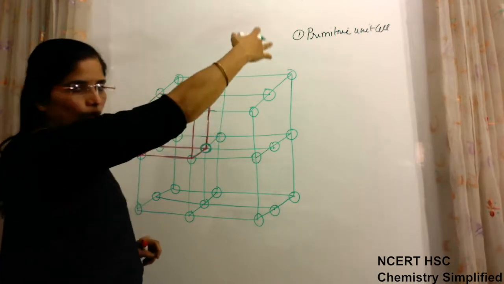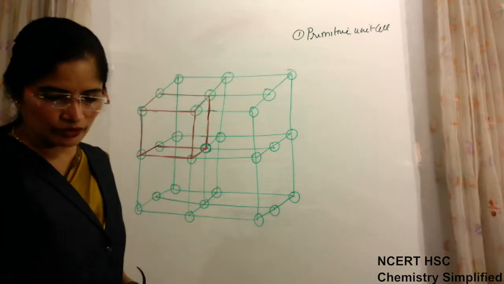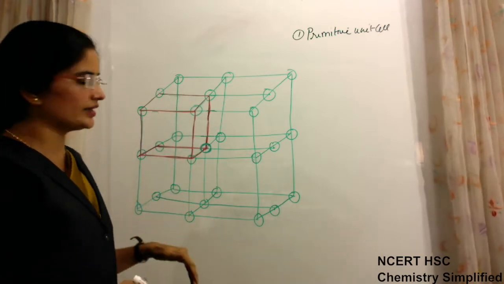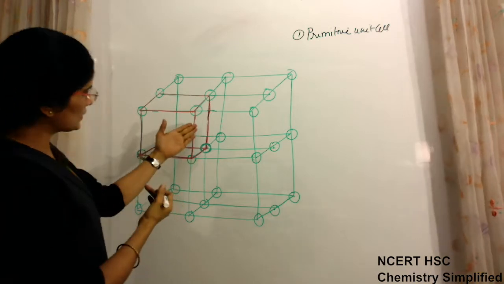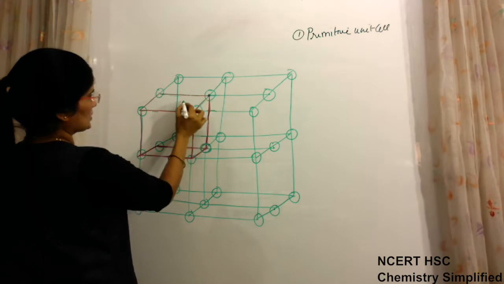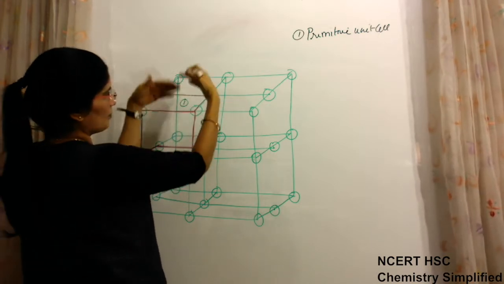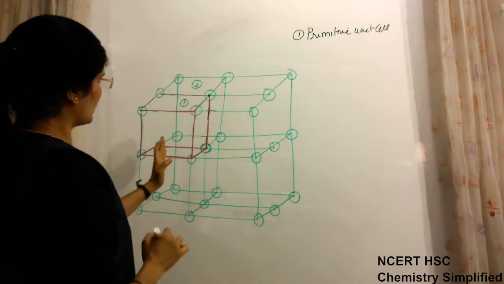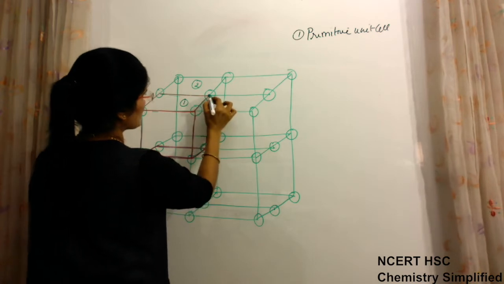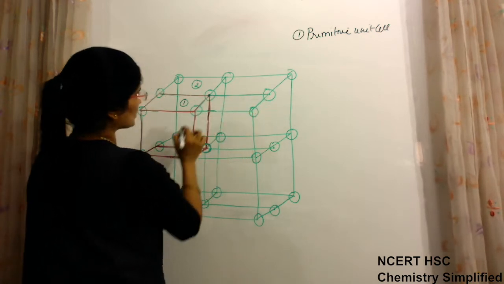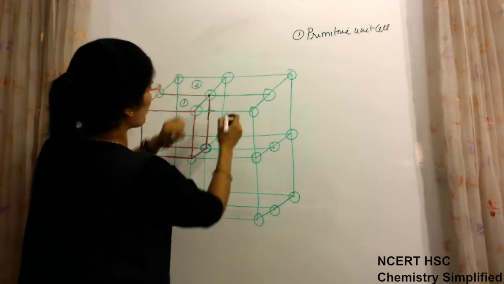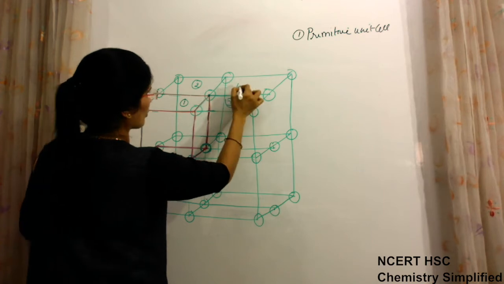This particle which is in the corner is not shared. It is part of only that one. But most of the particles which are inside the crystal are shared particles. Okay, so now you see that this particle which is present here, this is number 1 unit cell. Behind it is number 2 unit cell. Near to it, this one which is visible is the third, and this is the top of 1, top of 2, top of 3, and this is the top of 4.